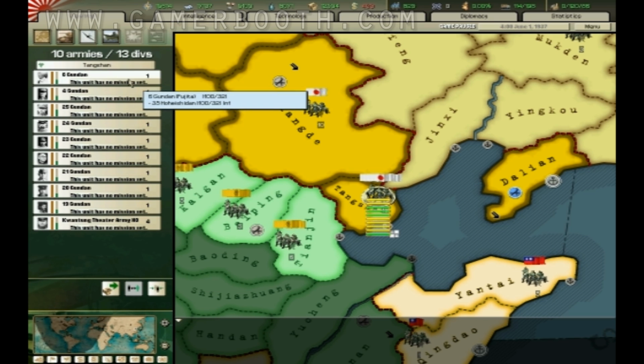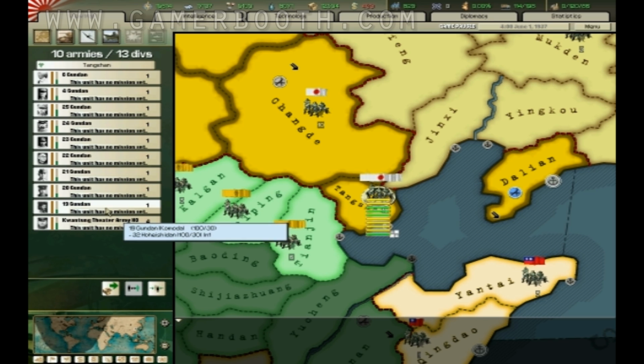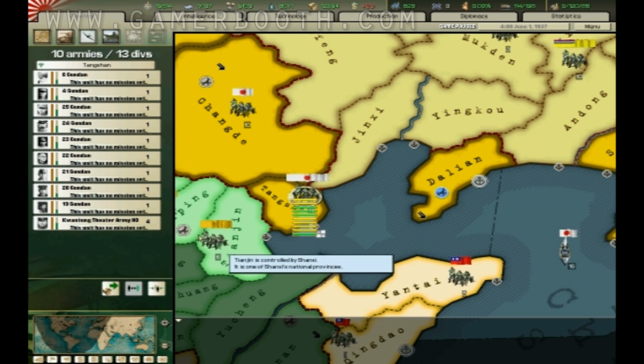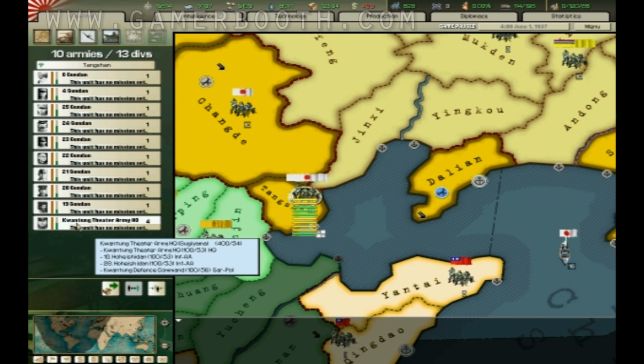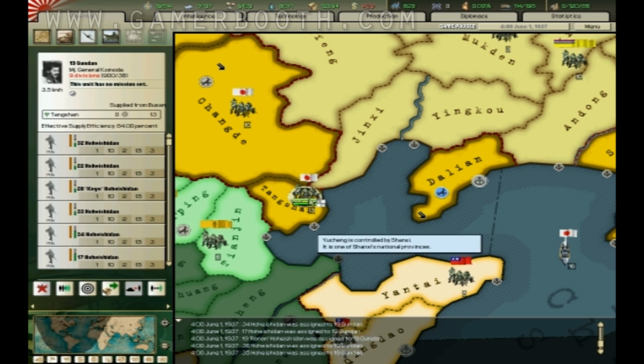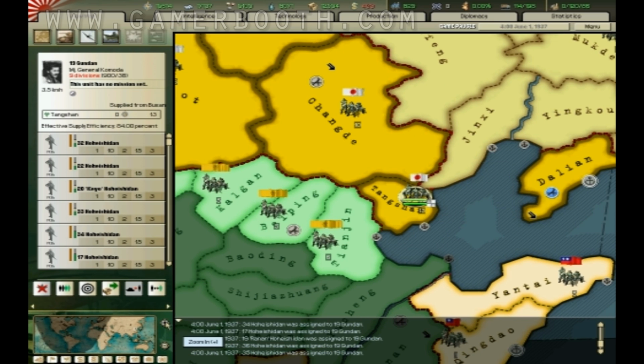You can see here that I've got a list of all the armies, and each army right now is only one division, and that's not good. It's not good to just have a whole slew of one division armies. You're going to have to organize them better. So I'm going to take out the Kwantung Theater Army HQ. I don't need that in here. And then you can press this button right here, click to merge selected units, and this merges them into an